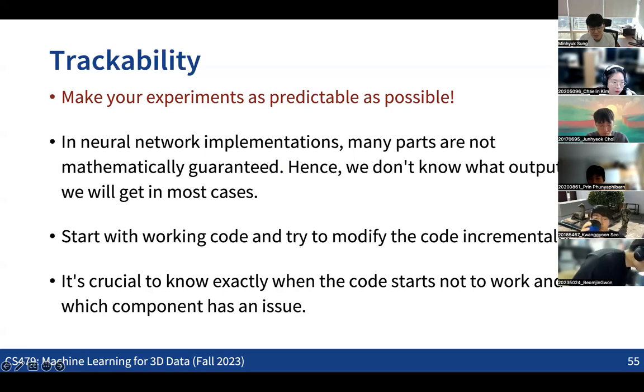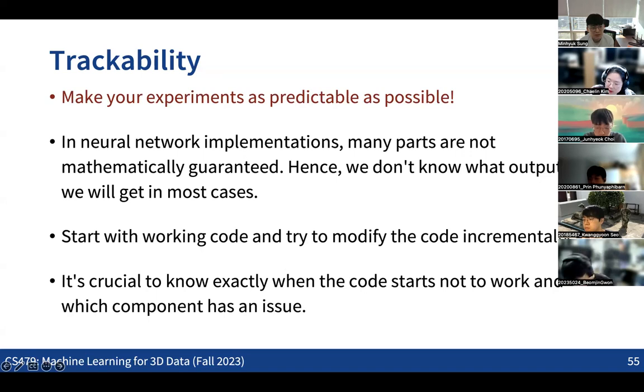For many things in neural nets, nothing is guaranteed. Many parts are not mathematically guaranteed, which means that in most cases we don't know what outputs we're going to get. But the key thing in having successful outputs in many neural net based projects is still to make the output of all the experiments as predictable as possible.